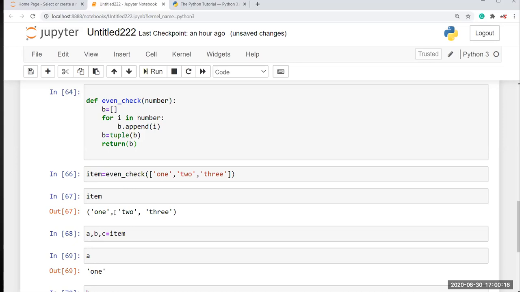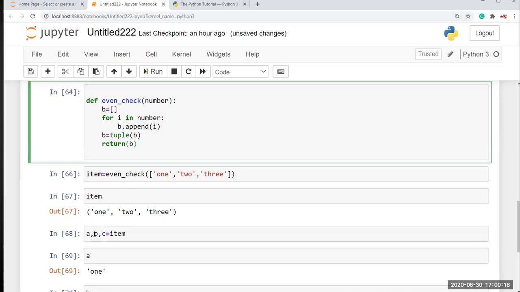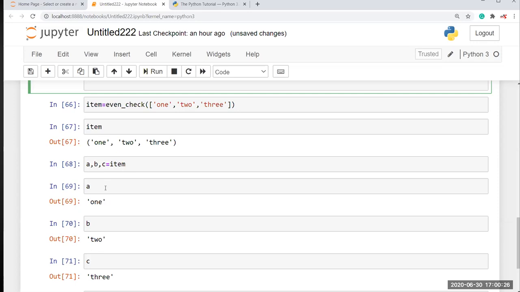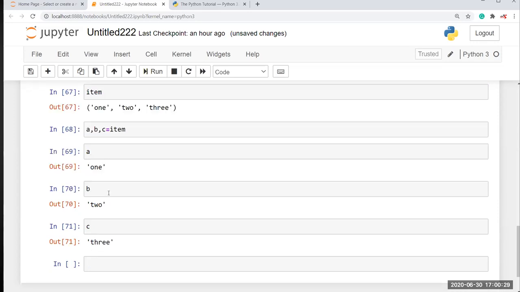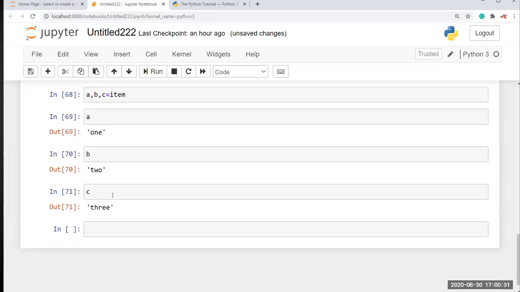Then after that, here you can unpack them. Then you can print your addition result, your subtraction result and your division result like this.